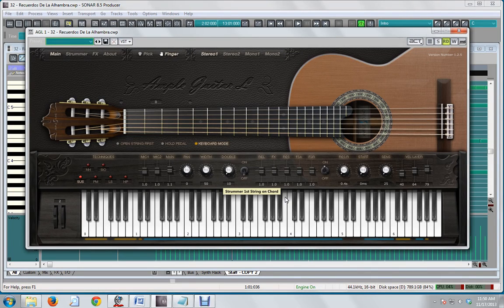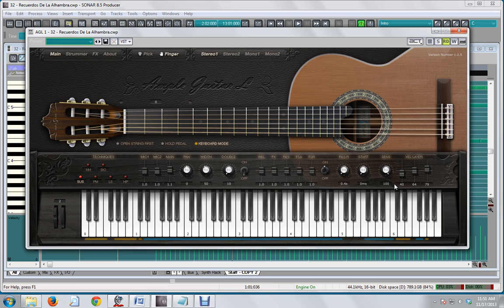Hello again, Reverend here, and I'm going to be talking about the velocity layers, the sliders, and the sensitivity control. Each MIDI note has a velocity attribute which represents how fast the key was hit when the note was recorded. Now, what you want is a note that was played hard on your MIDI keyboard to bring back a sample that was played hard, and a soft one to bring back a sample that was played softly. So the more velocity layers and the more samples you have, the more expression you will get from your keyboard